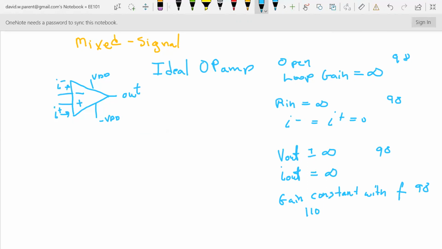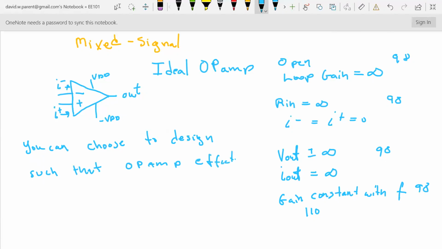But here's the trick: you can choose to design such that the op-amp effectively is ideal. So yeah, if I have an output current, if I put a 10 ohm resistor here, most